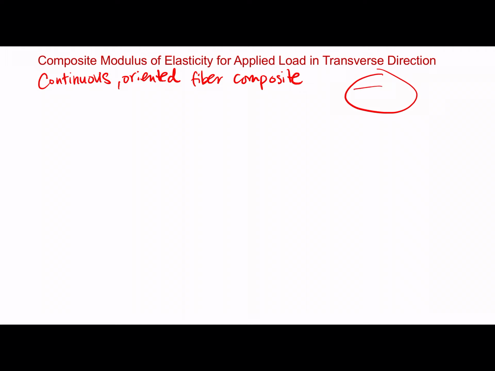Okay, so for a continuous oriented fiber composite, with an applied load in the transverse direction of the fiber alignment. So the applied load is 90 degrees with respect to the fiber alignment. So if you have a composite and the fibers are aligned in this direction, the applied load is now 90